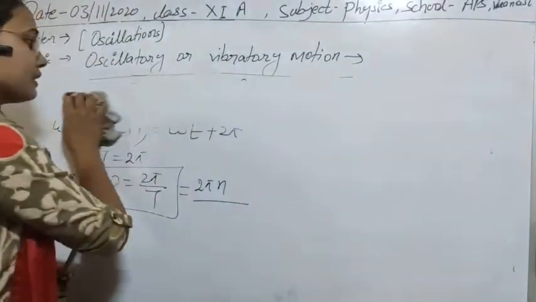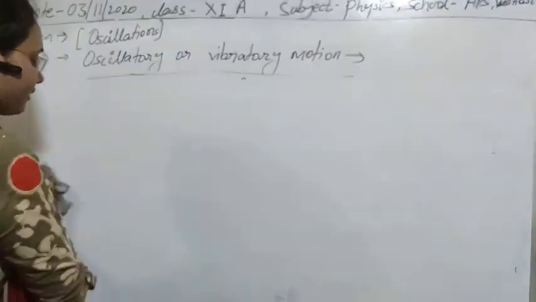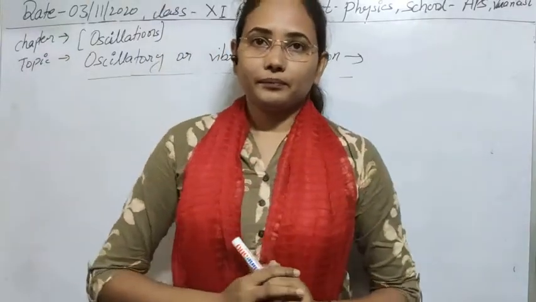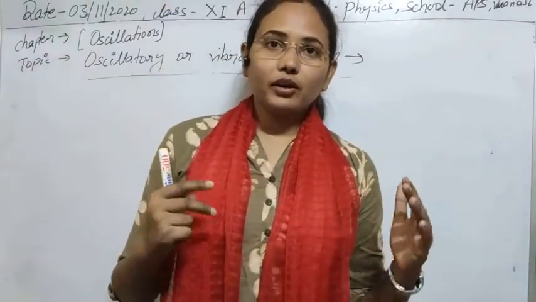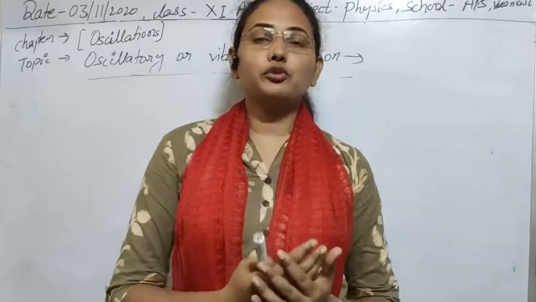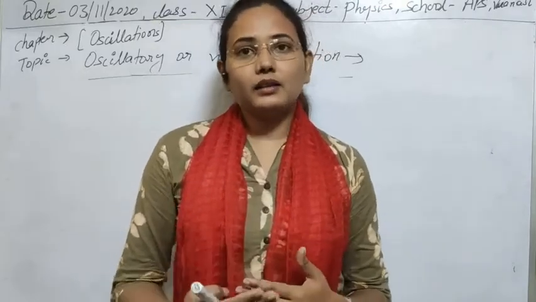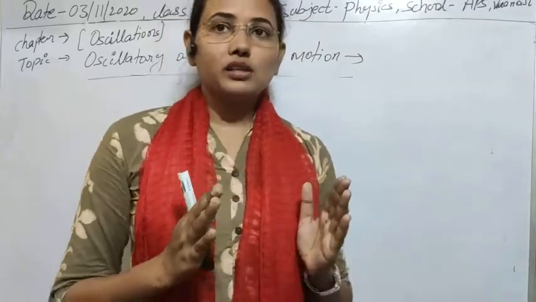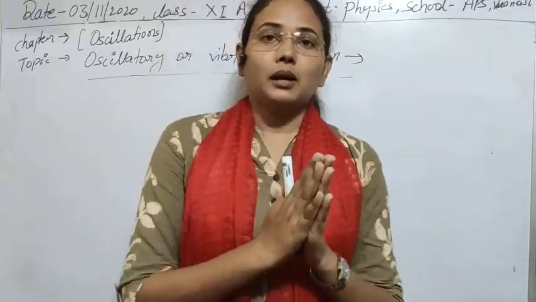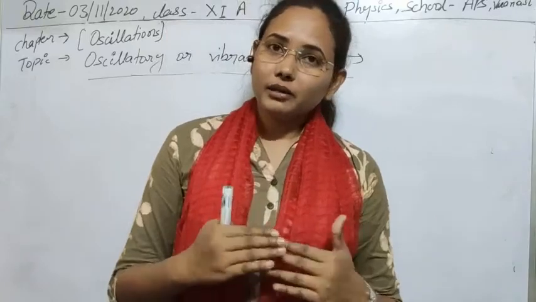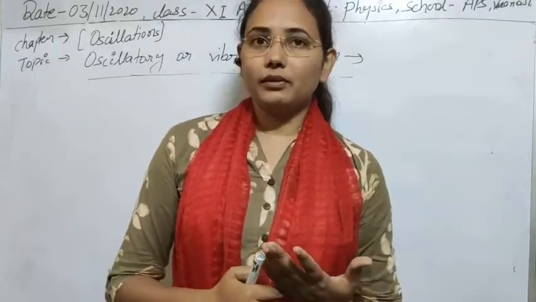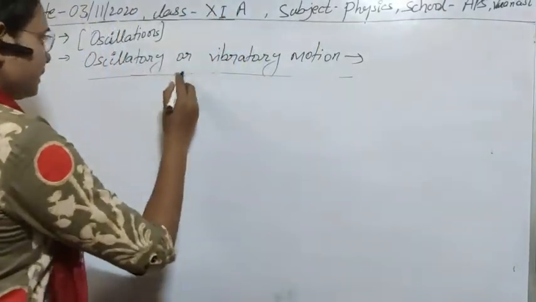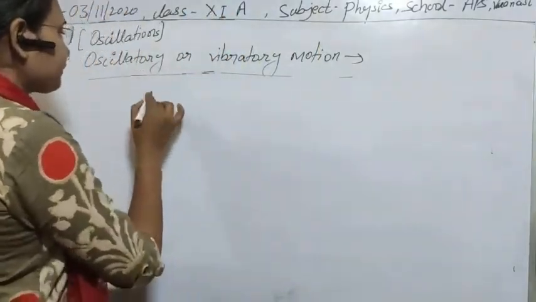Now if this is clear, then we can also show that if there is the sum of two periodic functions, meaning two periodic motions are superimposed over each other, then that will also be periodic motion. Suppose there are two motions that are periodic and mixing with each other. After mixing, whether the resultant wave is periodic or not, we can also calculate. So let's see how we can calculate it.